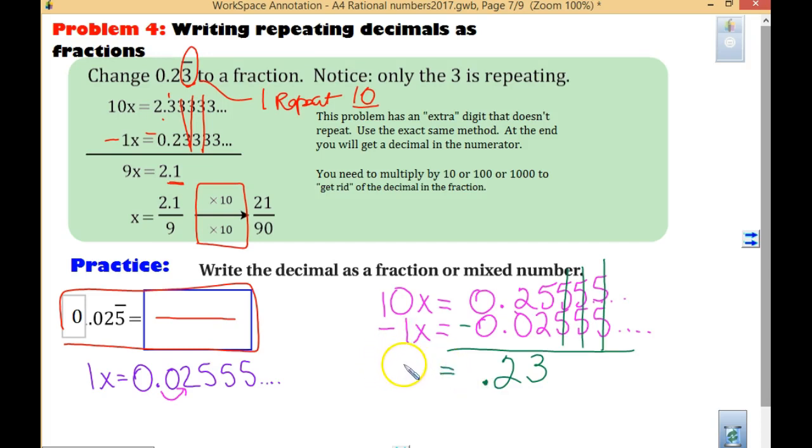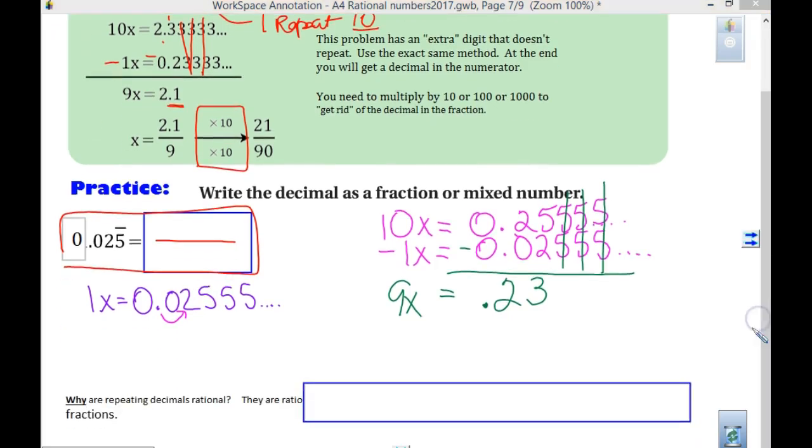10 minus 1 gives us, this is where you get the 9x. You don't want to start, do you understand that, with 9x. Does that make sense? You have to start with 10 minus 1 because or else you can't get this number. Does that make sense? Okay. Now, we are going to be dividing both sides by 9. And x equals